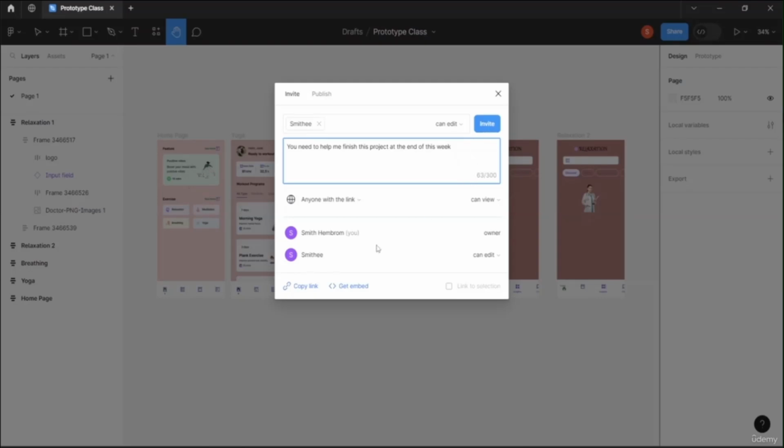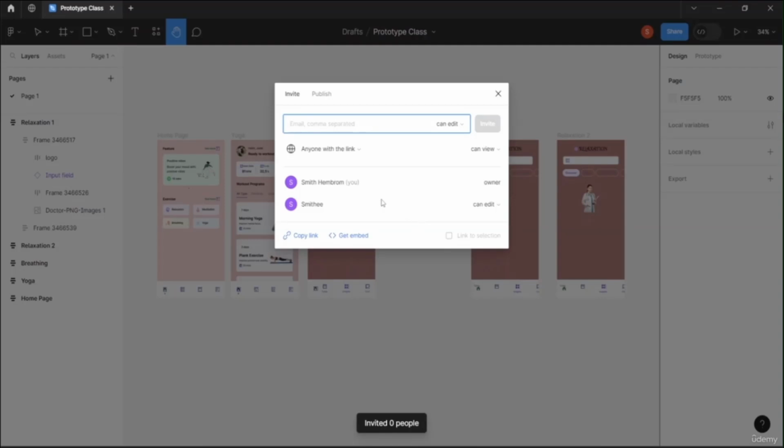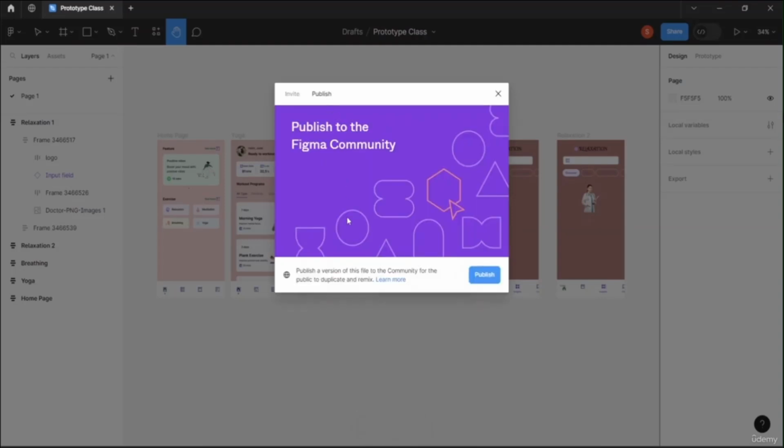Okay, so here if I do have 3 or 4 team members here, in that case I can choose who can only view, who is the owner, and who can edit. Okay, in that case I can select. So from here I can just copy the link. As you can see, this is link copied in my clipboard, and as I have already have this page here and I have already selected an email, so I'll just send them an invitation. Okay, from here I can invite them. As you can see, I have just invited them,